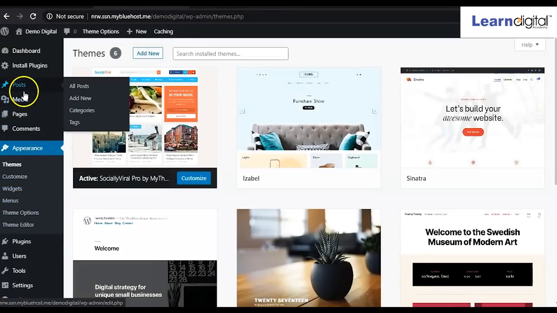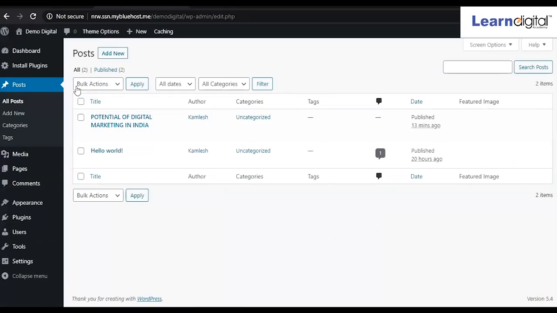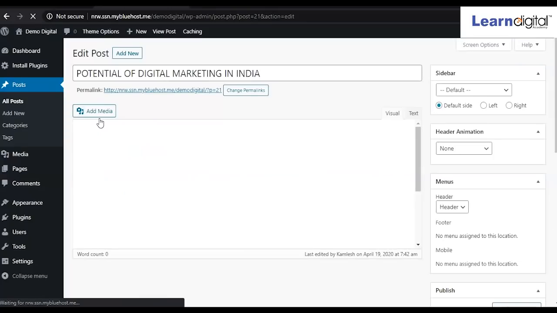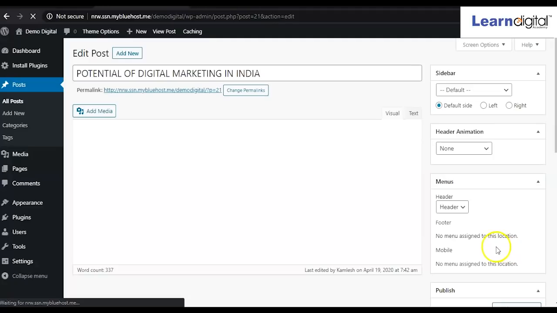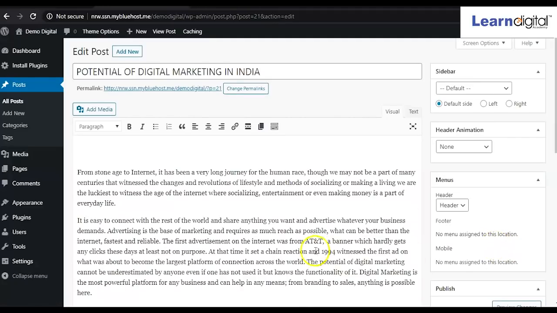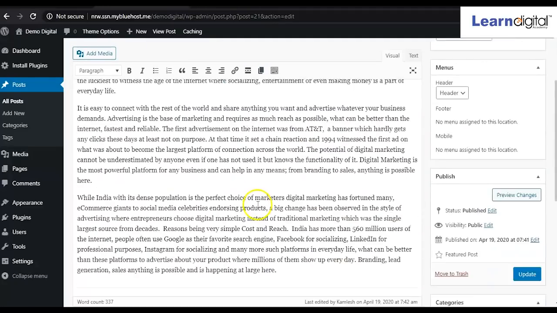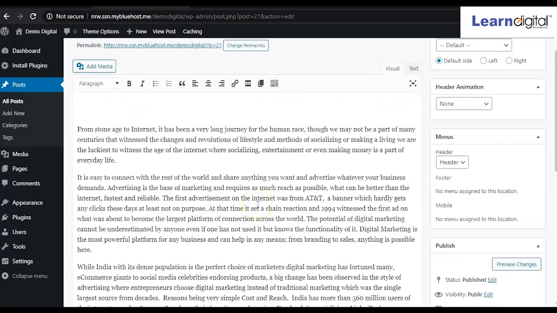So go to the post option, go to all posts, click on that one. This is the content.